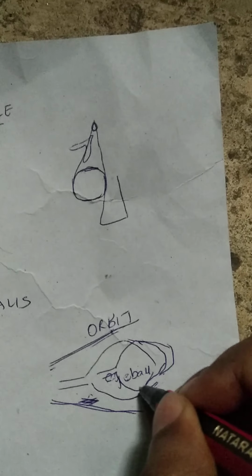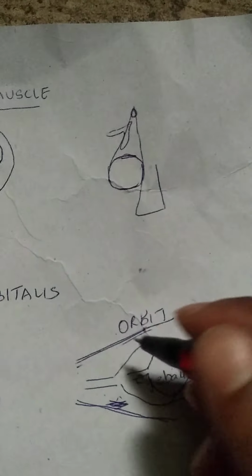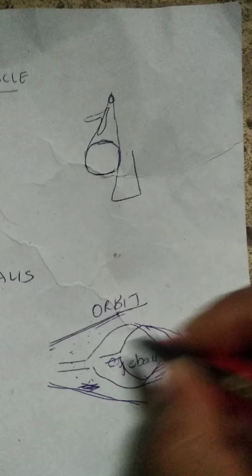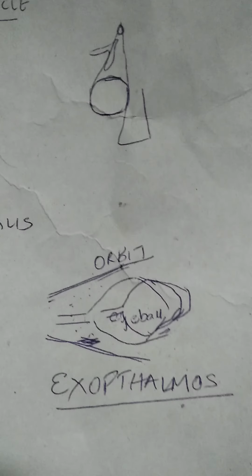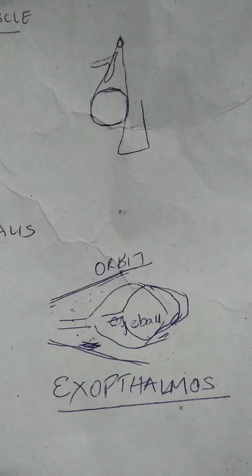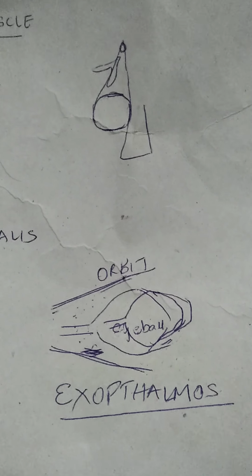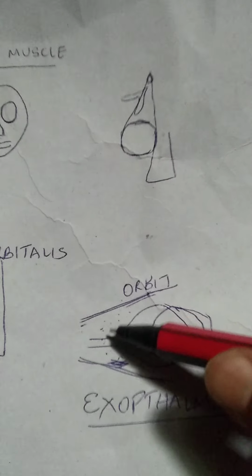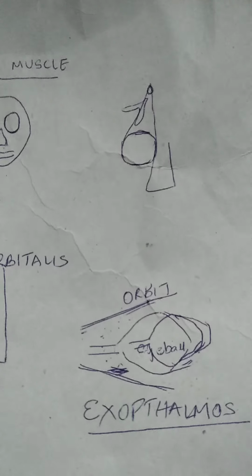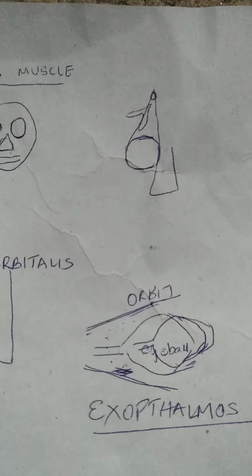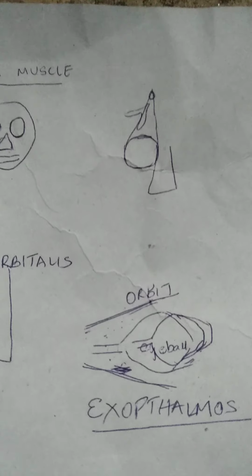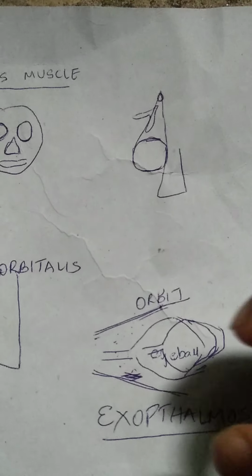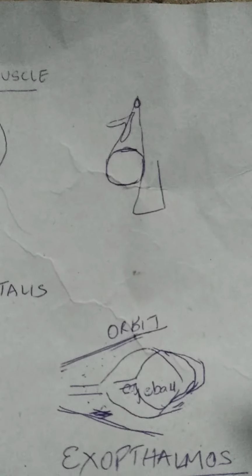This is the action in case of anger, or even in hyperthyroidism, where the fat around the periorbital region has edema. At that time the eyeball protrudes outside, and that is called exophthalmos. Exo means outside, ophthalmo means eyeball; the eyeball is protruding outside. In hyperthyroidism, Graves' disease, there is periorbital edema. The contraction of the orbitalis muscle is controlled by the sympathetic nervous system. So whenever you are in fear, fright, flight, anything which starts with F, there will be slight protrusion of your eyeball outside your orbit, and that action is called exophthalmos.